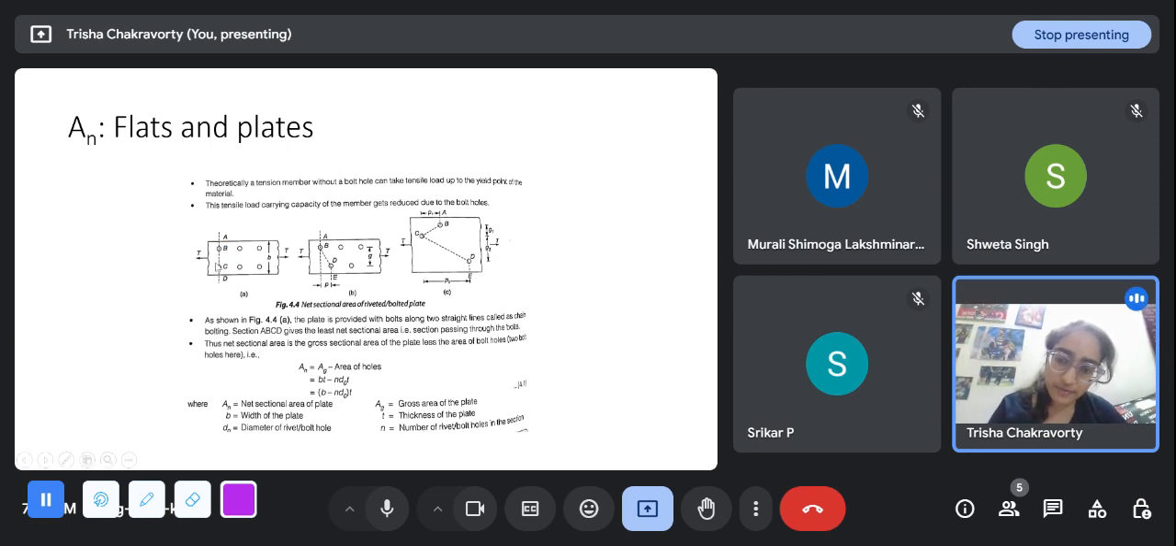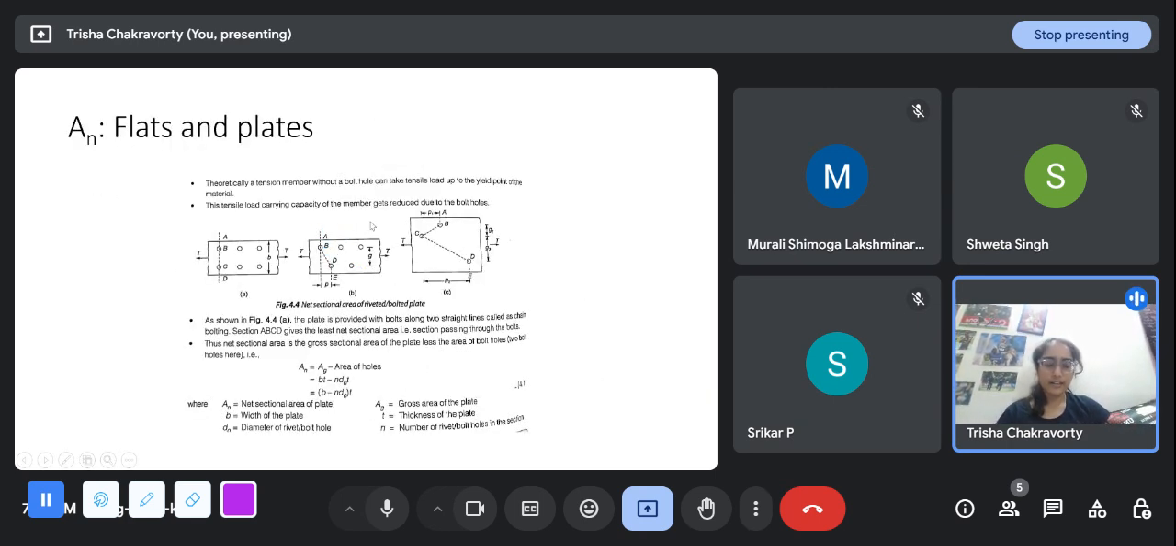Now of course you can take this forward: if there are two holes of different diameters, what will you do? You will subtract b minus the diameter of each bolt. So if this bolt hole has diameter d1 and this is d2, you will take b minus d1 minus d2, and the whole you will multiply by the thickness. Okay, and then we look at